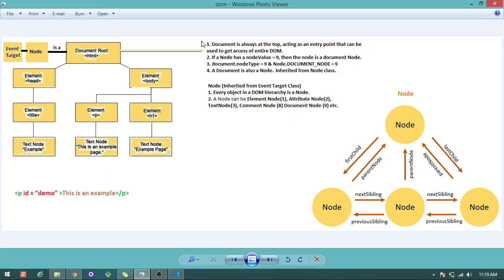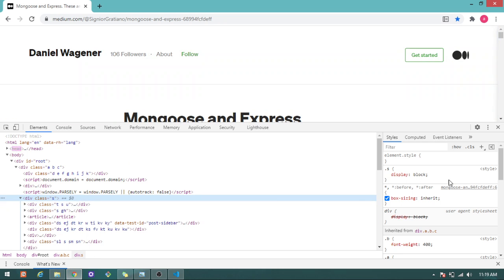This means when the document object model is created just after the web page is loaded, the whole document object model is shared by the browser with JavaScript. We say document object model because it has a hierarchy of objects, and JavaScript can understand objects, not the markup language or the style sheets.